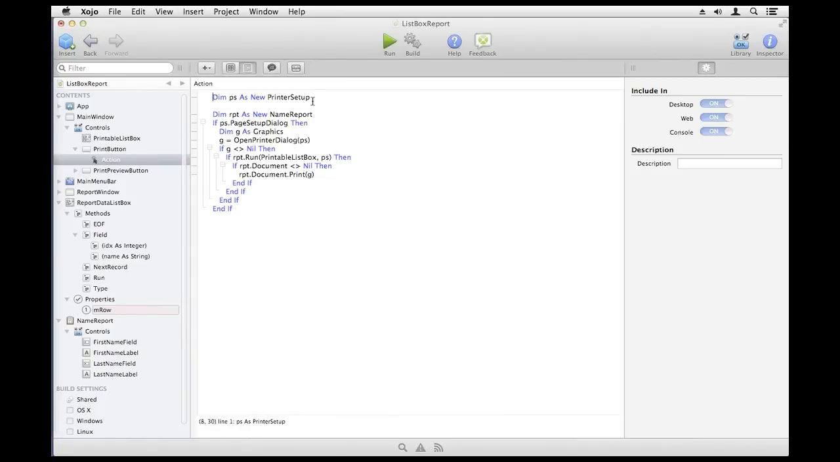And if we look at the print code, you can see some common stuff here: printer setup, page setup dialog. And then eventually you get down to the code here to run the report. And that calls the run method, surprisingly, of the report. And we're passing in, and if I put the cursor over that,